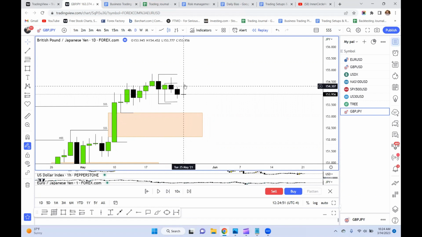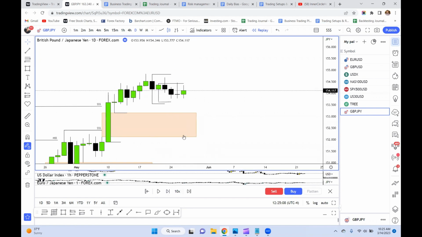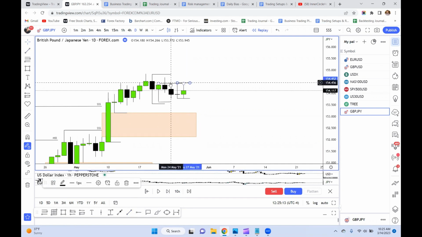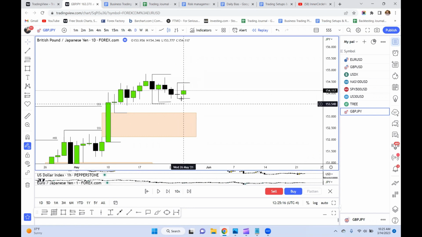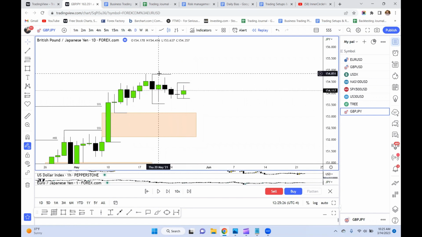It took out the high right here, still within the range of this candle, and it took out the high right here as well, but you could see that there's no significance. It just closed with the long doji wick. No significance of going up. We're still holding the same bearish bias. And with this candle, you can see that it closed within the range here, within the range here. And at the same time with this one too, you could see that it's like a lower time frame consolidation. All of this is kind of like lower time frame consolidation